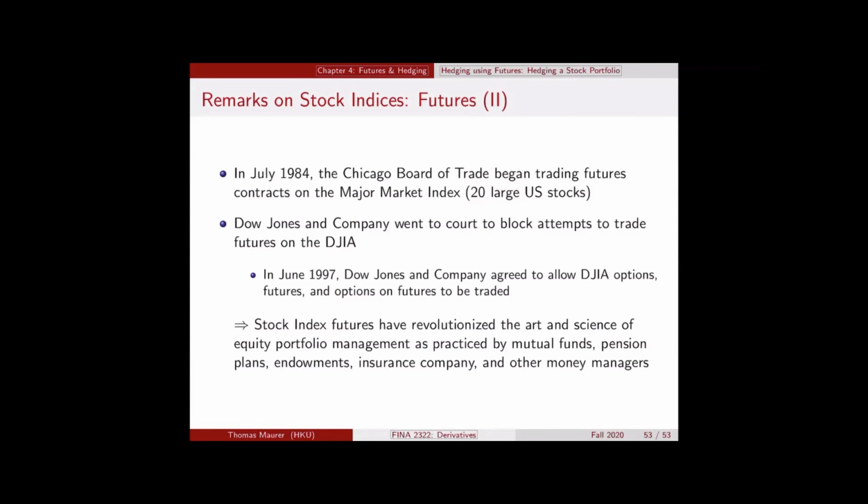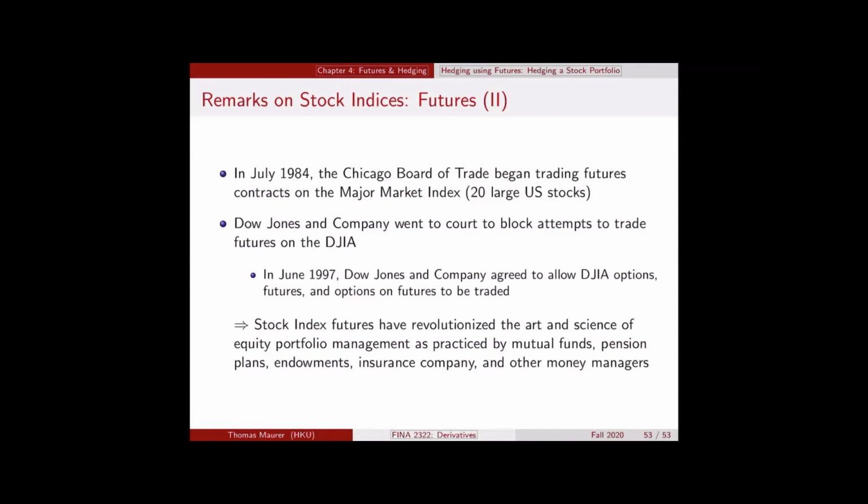It took until much later, until 1997, for the Dow Jones Industrial Average to allow trading derivatives on its index. For some reason, the Dow Jones thought they were somewhat special and wanted a higher commission for allowing exchanges to write derivative contracts on that index, but that backfired because derivatives on the Dow Jones are much less popular and much less actively traded than derivatives on, for example, the S&P 500. Overall, I would argue the Dow Jones index has lost a lot of popularity and relevance compared to the